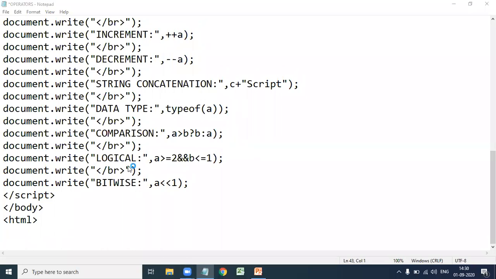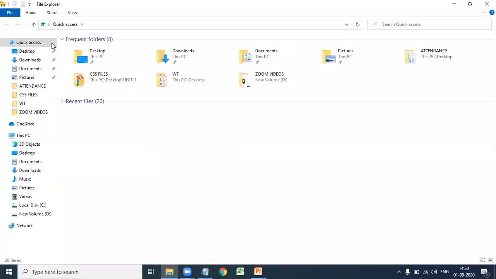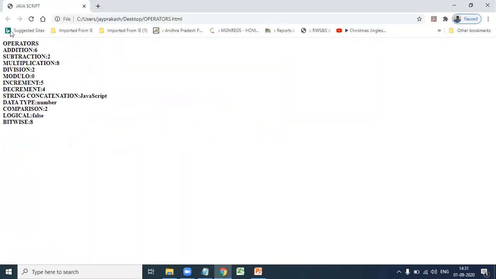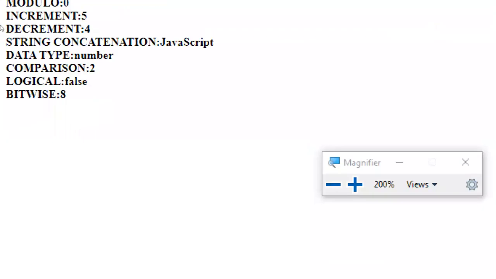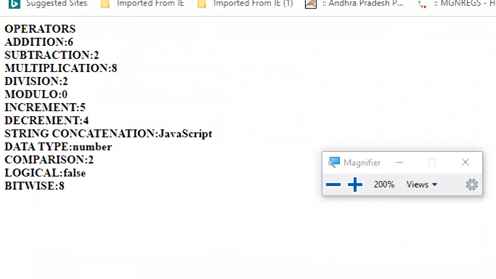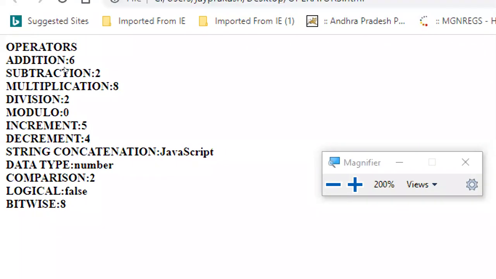So when you execute this one, see this is the output. First line operators, next addition 4 plus 2 is 6, 4 minus 2 is 2, 4 into 2 is 8, multiplication.